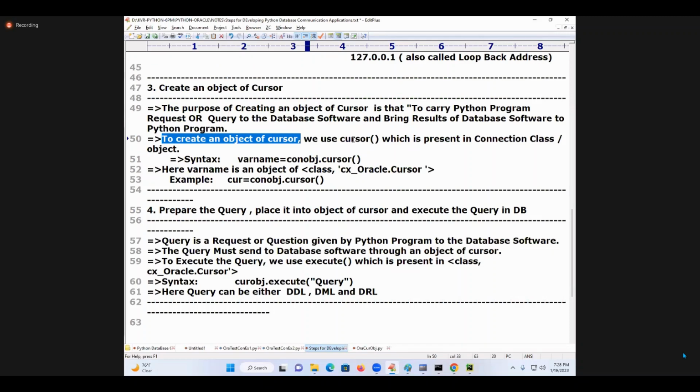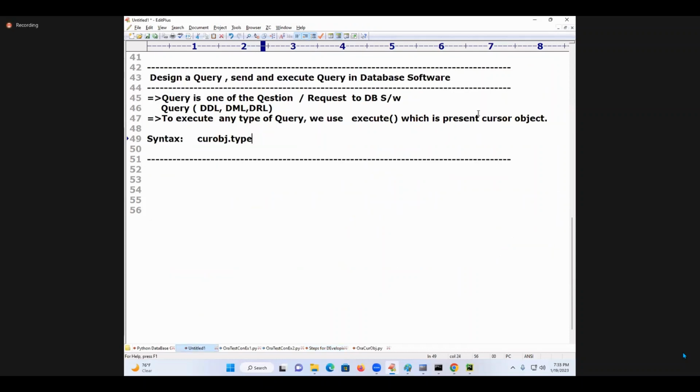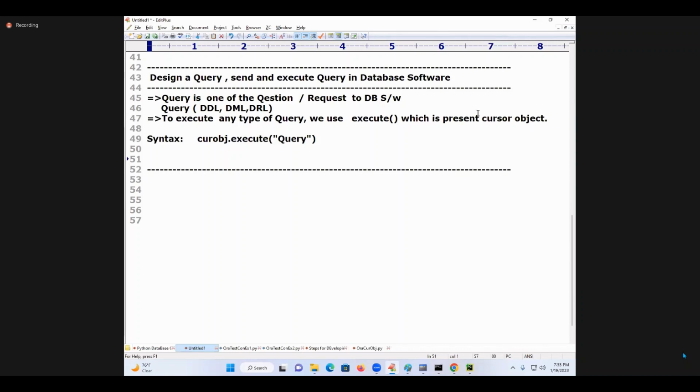Now, what is the syntax? Syntax is cursor object dot, type cursor object dot what? Execute. What should I pass to it? Query, I need to pass it. Sir, what is this query, sir? This query can be, actually by this time you must have the knowledge of it. The query can be,